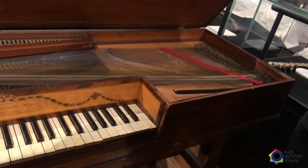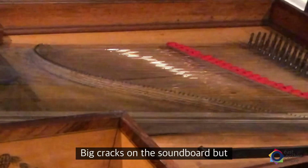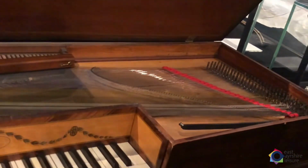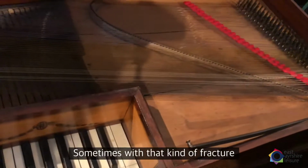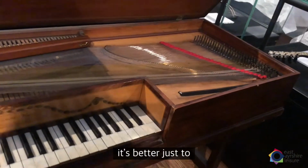And big cracks on the soundboard, but those are very tricky. Sometimes with that kind of fractures, it's better just to...